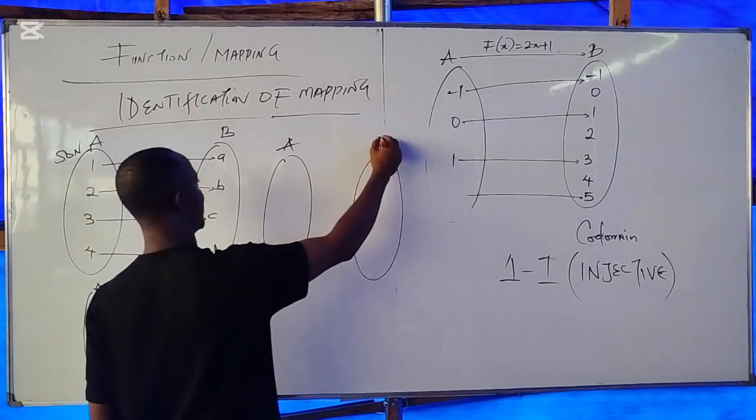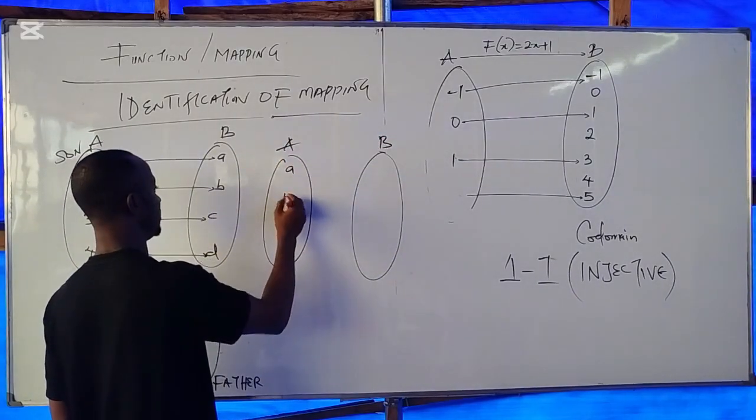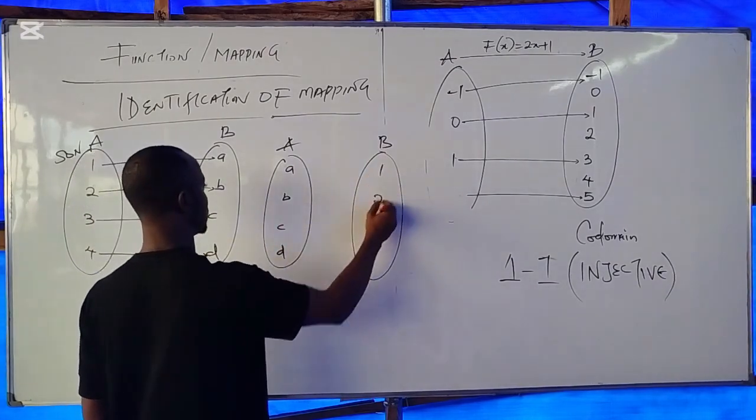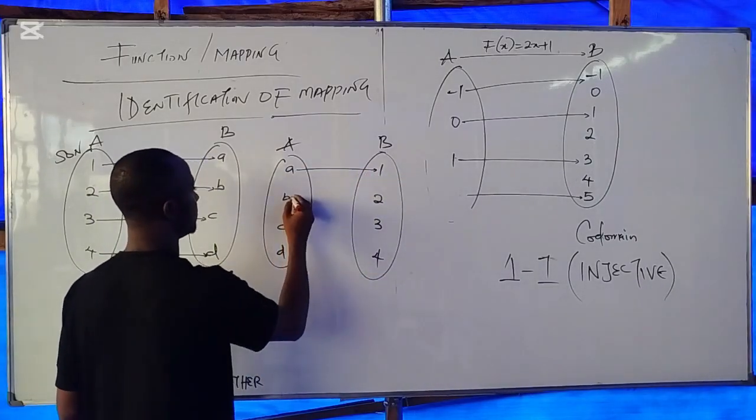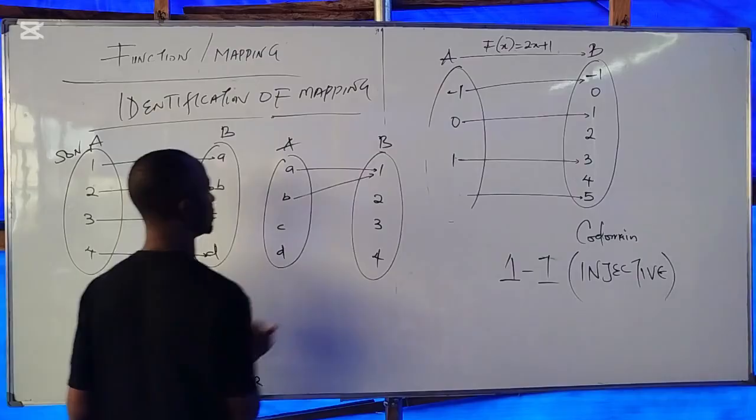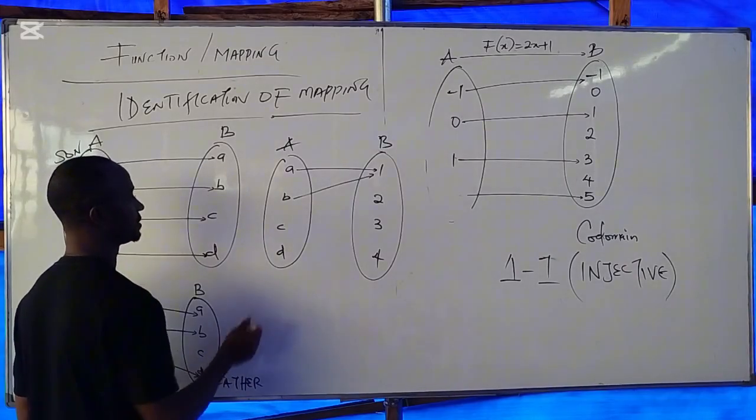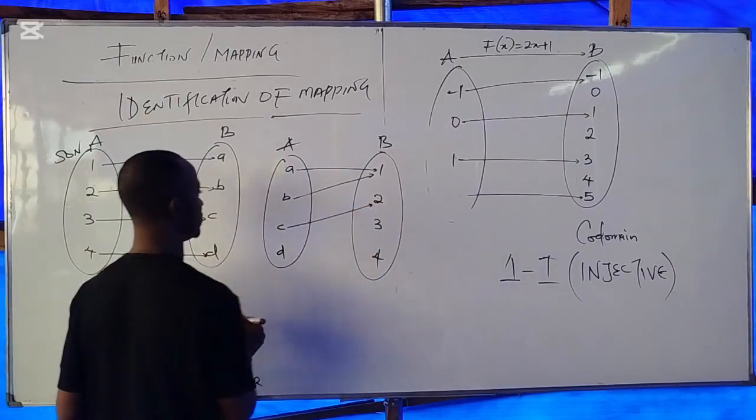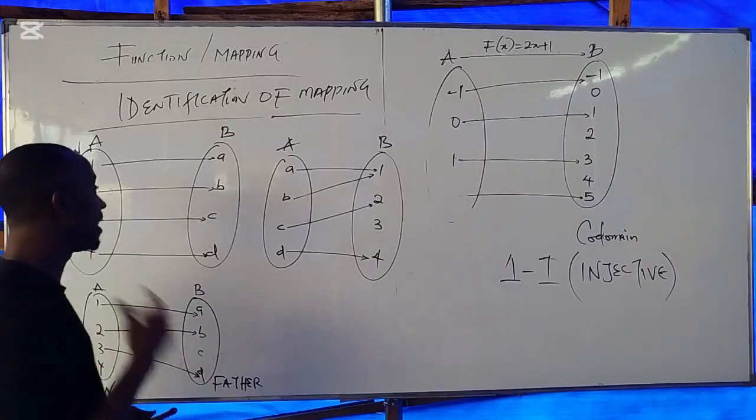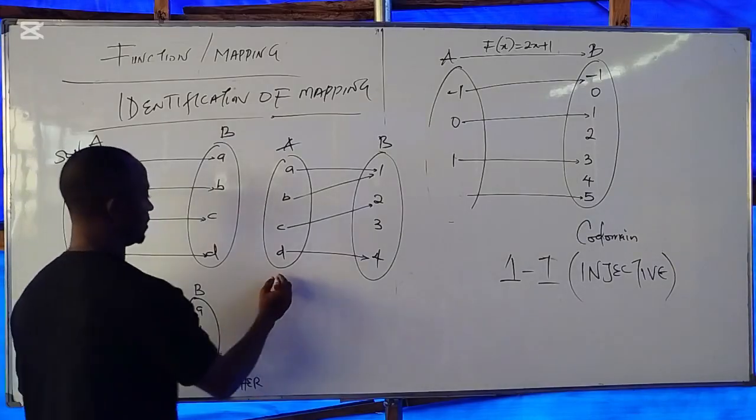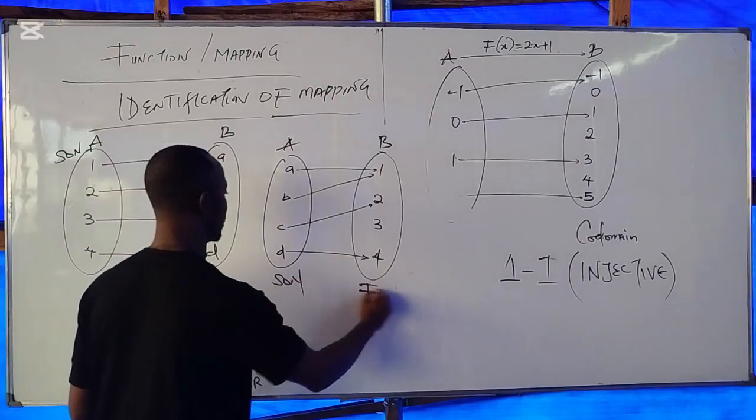We have A and we have B. And here we have A, B, C, and D. 1, 2, 3, and 4. A is linked to B. B is linked to what? To 1. C is linked to 2. D is linked to 4. Is this a mapping function? Yes, because